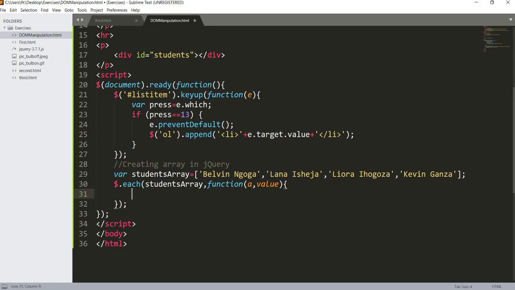So this is where we are going to display the contents from the array. You remember the div which is going to contain this array is students dot append method, list item, plus